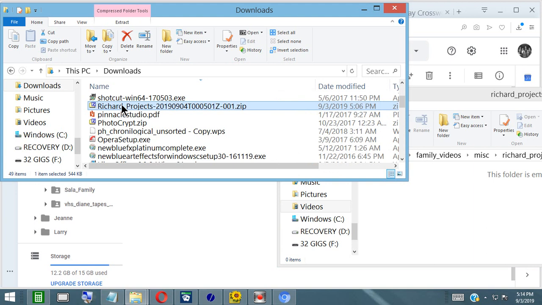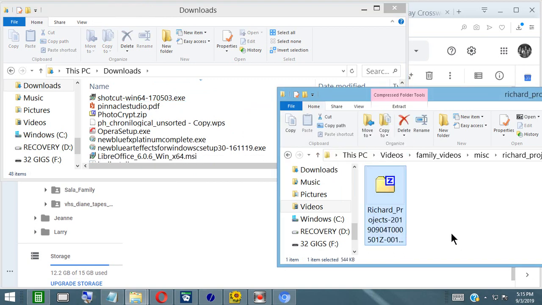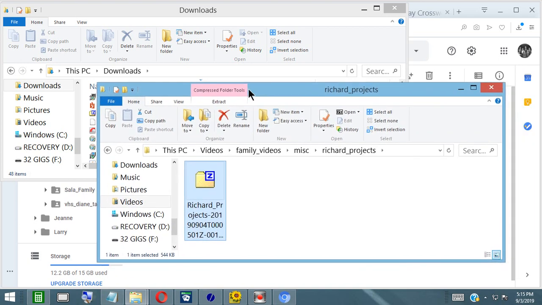I can select it and I should be able to drag it over here and put it in the Richard Projects folder. And there it is. Okay, drag and drop. Now,